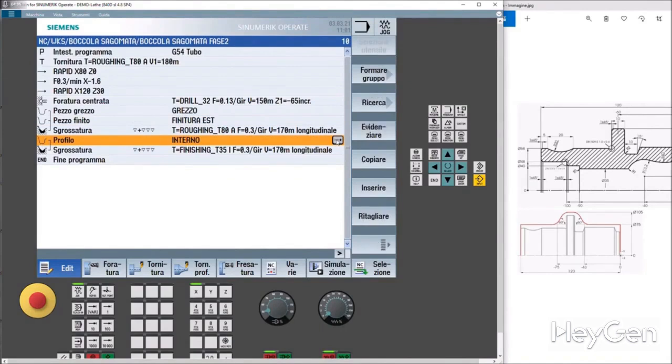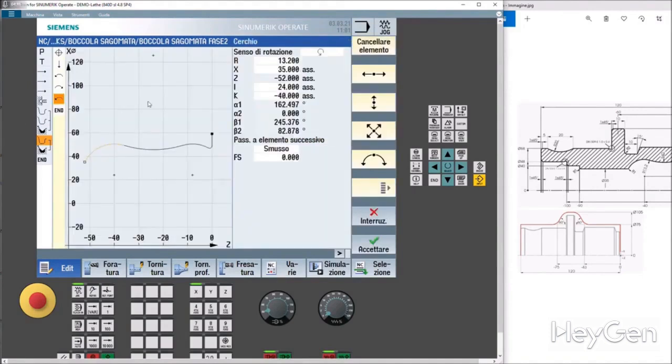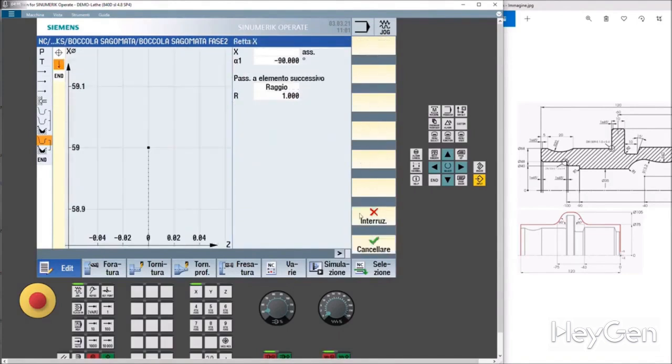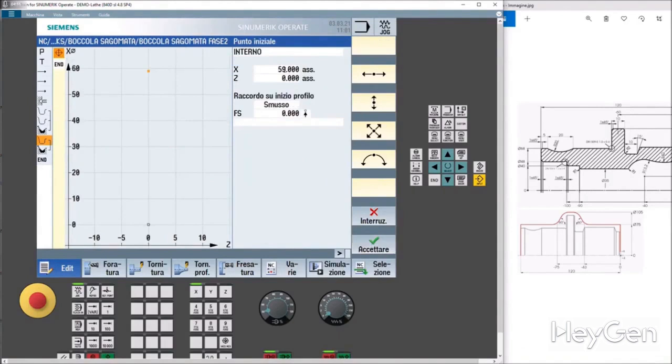Great. Let's also modify the internal profile, because we're basically doing the same processing steps that we did in the first phase. Here too, let's go ahead and delete the elements. Let's start from the beginning. We have a hole of 48, so let's start from an X of 55. Let's accept it.